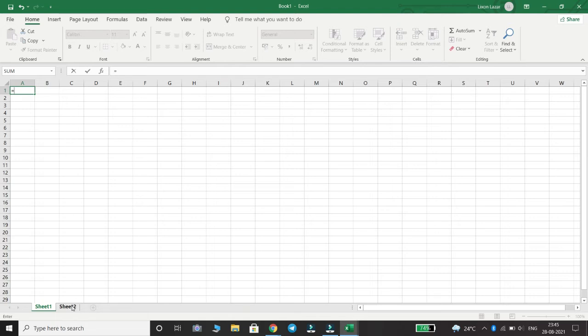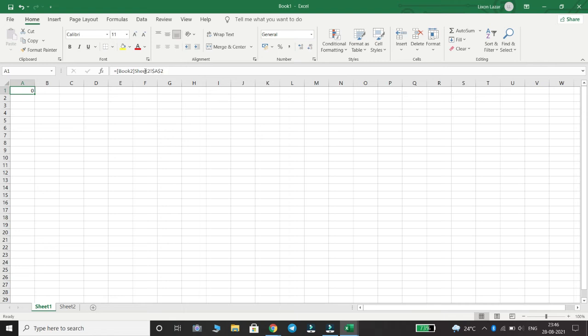Step 3, switch to book 2 using Alt Tab. This is book 2. Then click cell A2. Step 5, press the enter key. Now book 1 sheet 1 is active. Then click on cell A1.